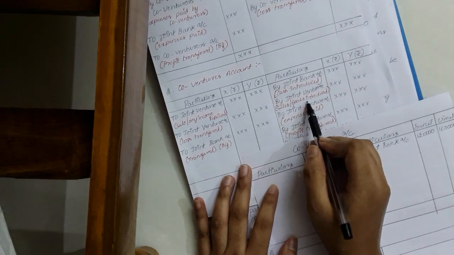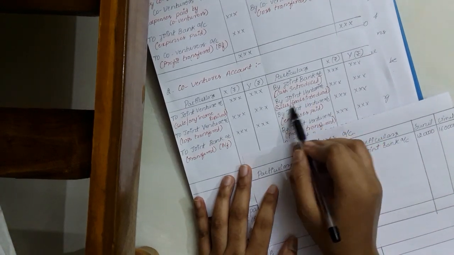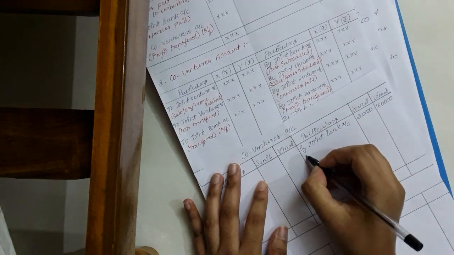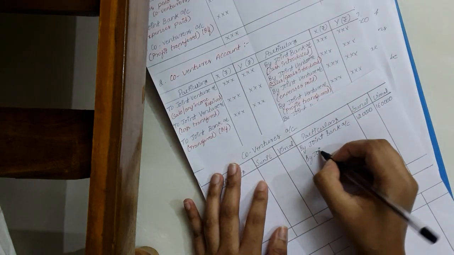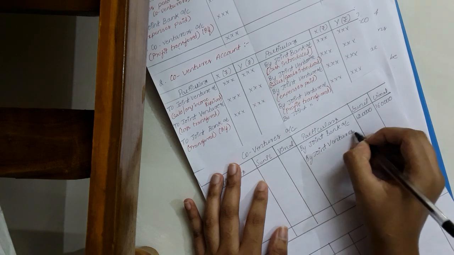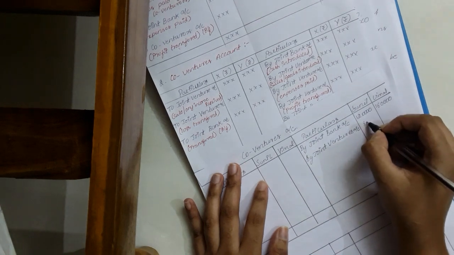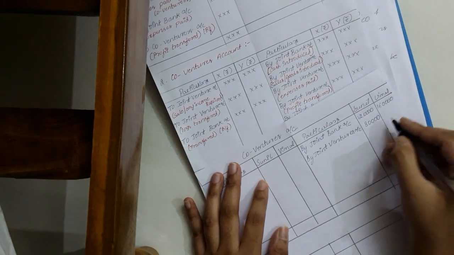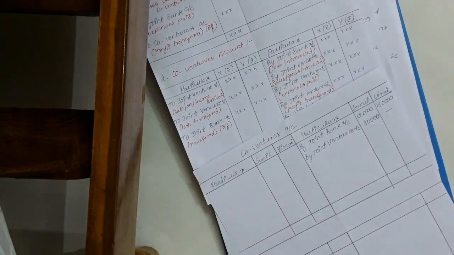So sale or goods introduced. Any goods introduced by the co-venturers need to be written here. So that is by joint ventures account. That is goods introduced by whoever has given the goods for the company. Sunil has given goods for the company worth 80,000. We will write that only in Sunil's column, and in Vimal's column, nil.